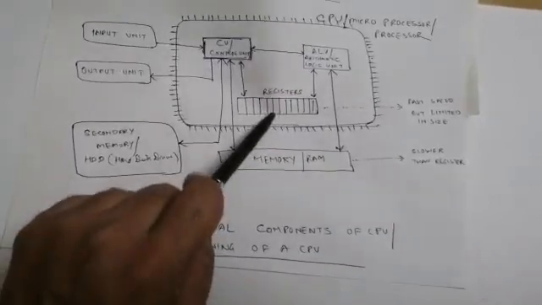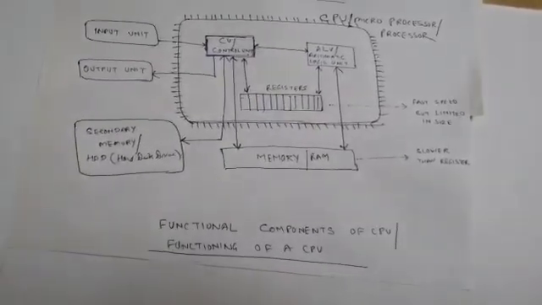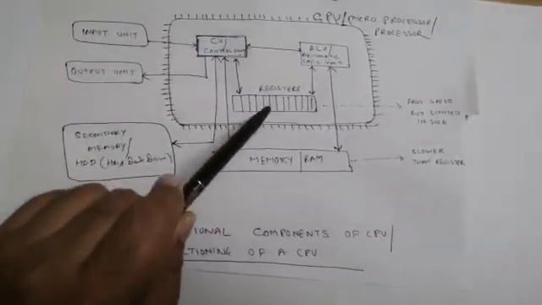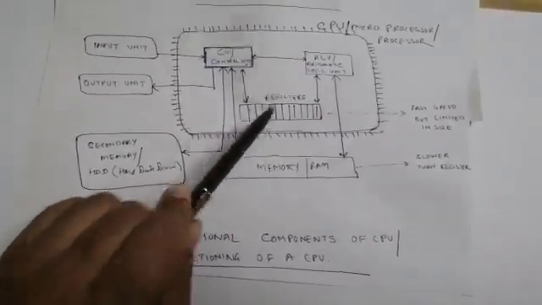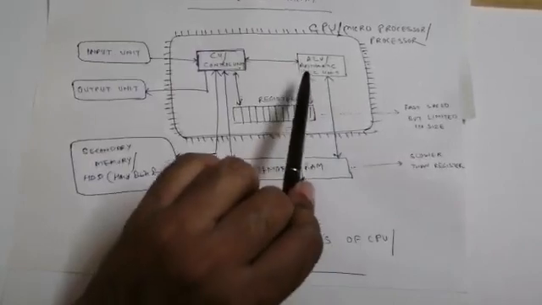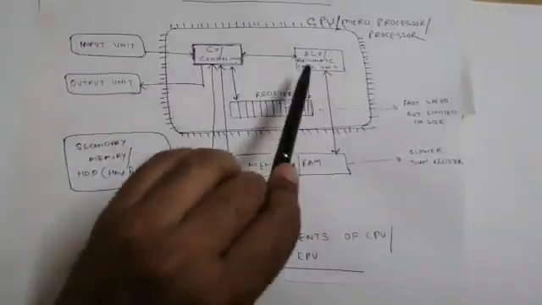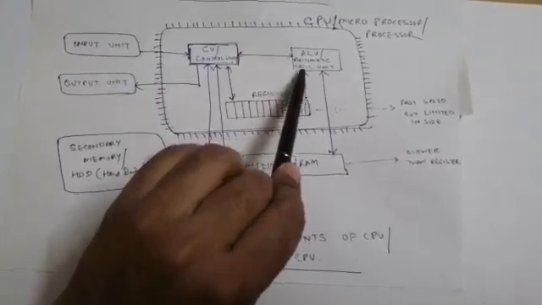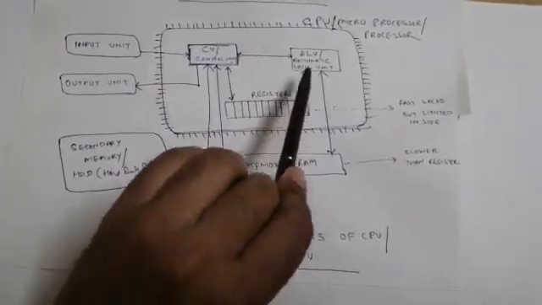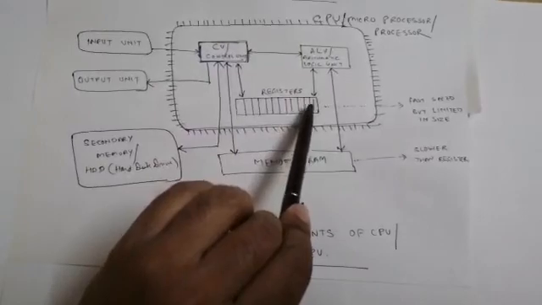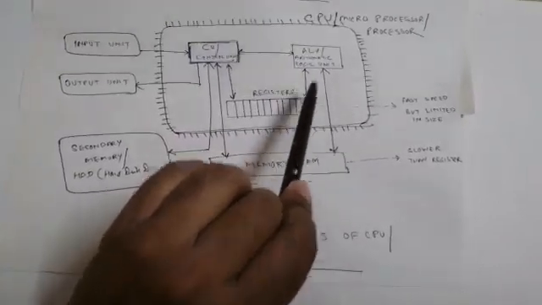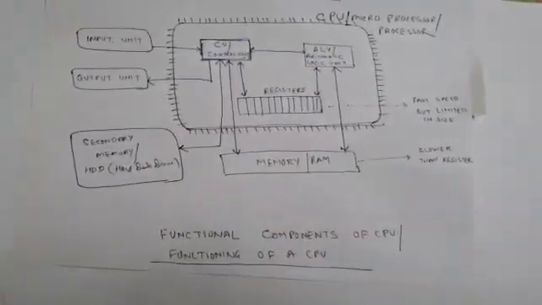And a register stores frequently used data. The register stores the data which is ready for execution. So the ALU, if it has to execute something, can take the data from the register for processing. And if there is data which is not in the register, it can take it from the RAM also.